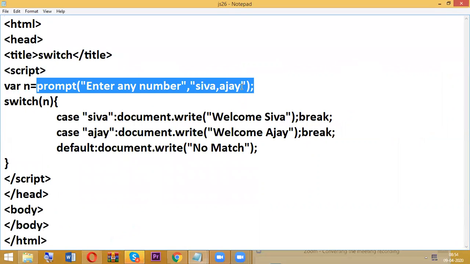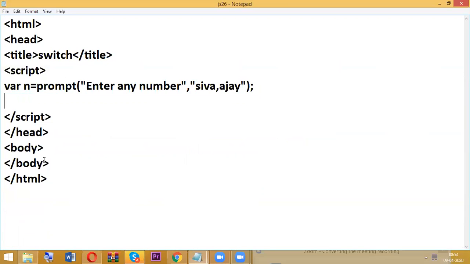If it is double equal to, less than, greater than, less than or equal to, greater than or equal to, in all these cases, no need to worry about whether it is a number or string. Why I'm discussing this is because now, without parsing, I'm going to explain the loop concept. Enter any number and believe that user entered 3.